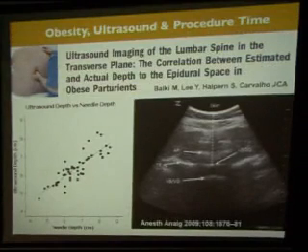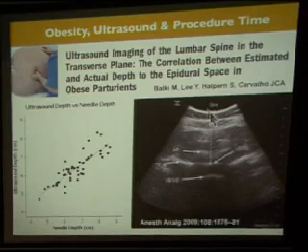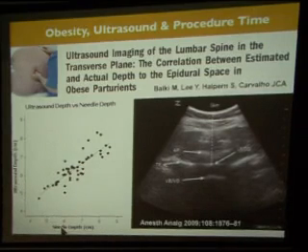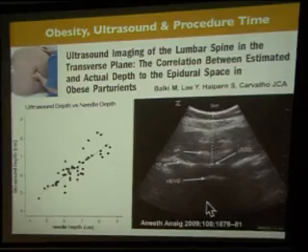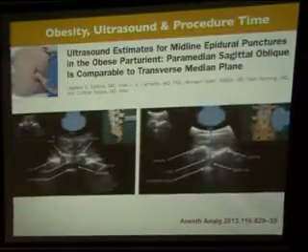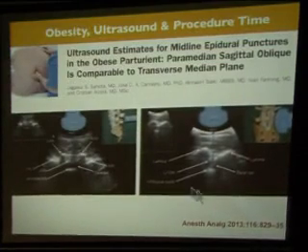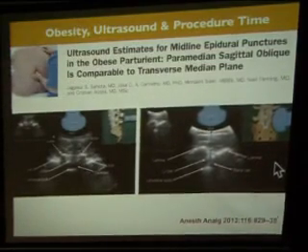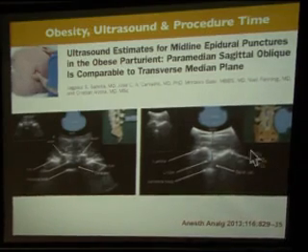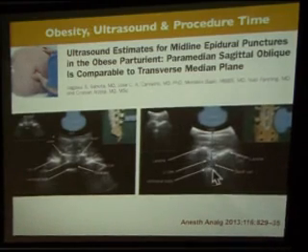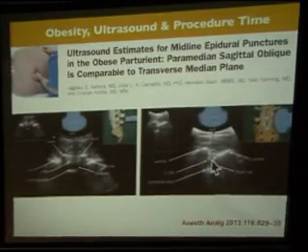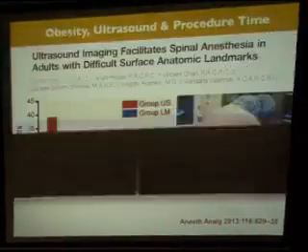There are a number of studies, mainly from the Toronto group and my colleagues at Mount Sinai. They look at the correlation between the depth determined by ultrasound and the needle depth. Again, very similar, looking at the distance here. They also look at transverse versus paramedian. No surprise, they correlate very well. Again, it helps you to determine how far to go in, and more importantly, is there a space there? If there is a line that you can see, there is definitely a space at that level.